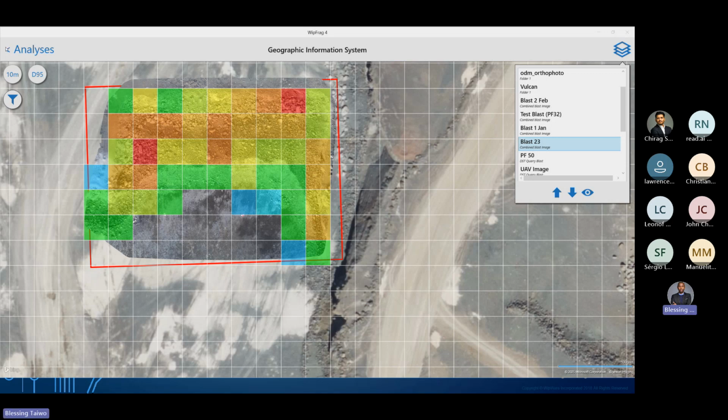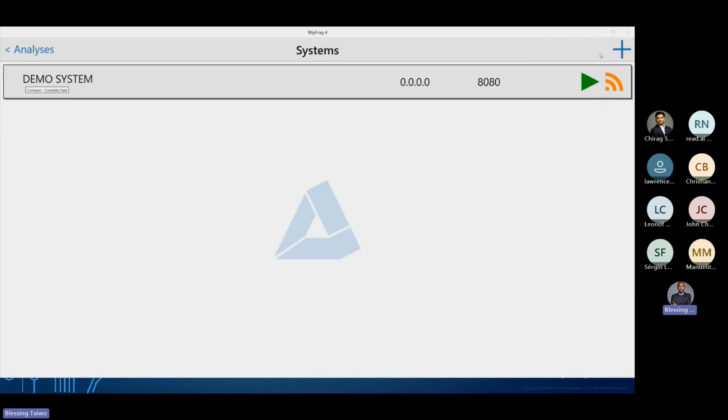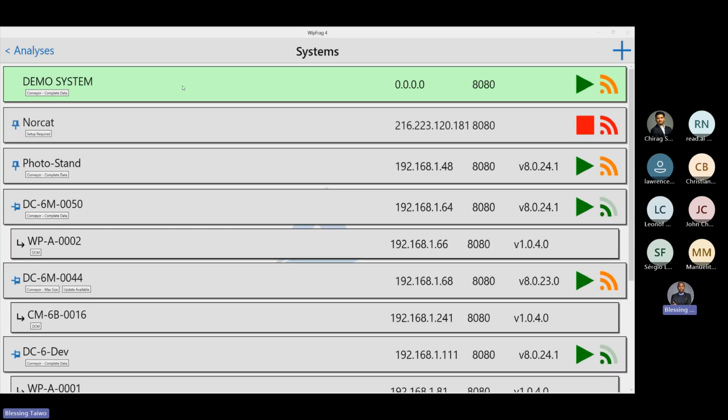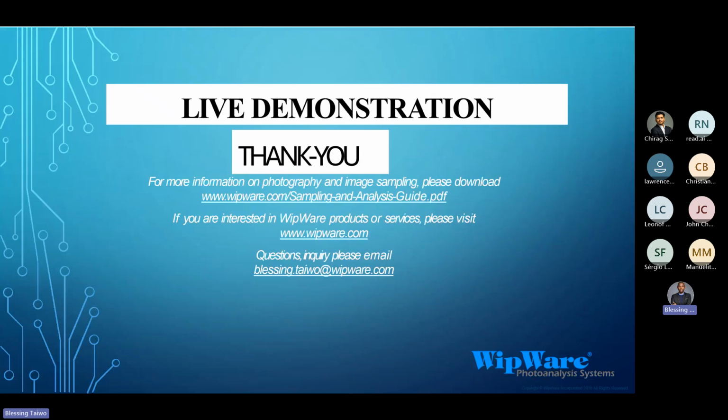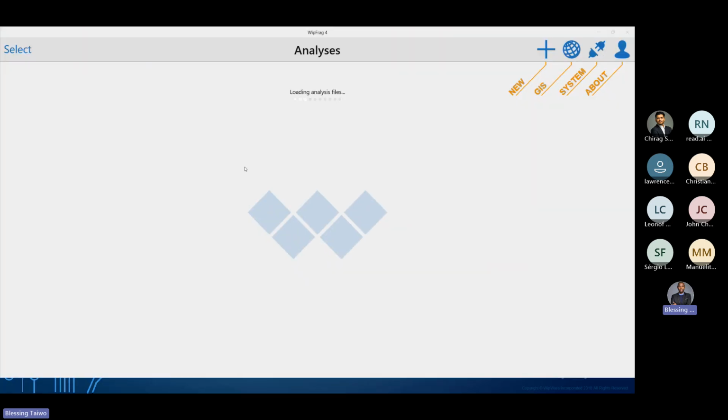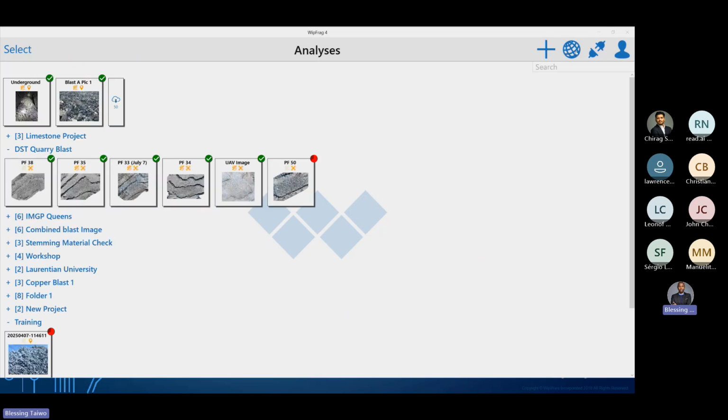There's poor muckpile movement. Having mentioned other information about the systems that can analyze material on conveyor belts, I would like to show an example interface of that system, to show how the interface looks when you're taking the picture on the belt and doing the analysis with an online system. Doing the analysis with an online system means that you're taking pictures on a moving conveyor belt, and as the belt is moving, you're taking pictures of the material in real time and doing the analysis in real time.